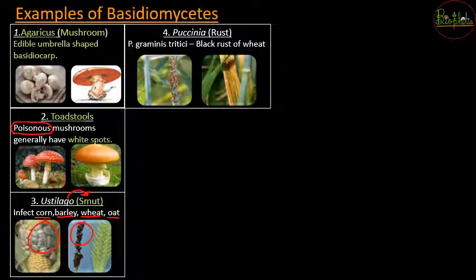So next example is going to be about Puccinia. Again, it is going to be an NCERT example about Basidiomycetes. So it is an important example. So Puccinia is called the rust. It is going to have separate species, that is Puccinia graminis tritici, which is also called the black rust of wheat. So you can see in the figure down over here how the fungus grows, causing